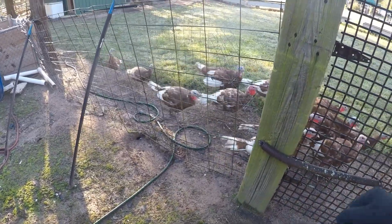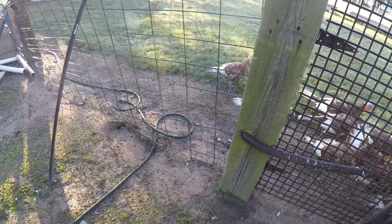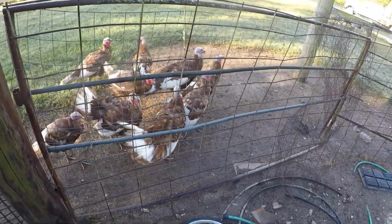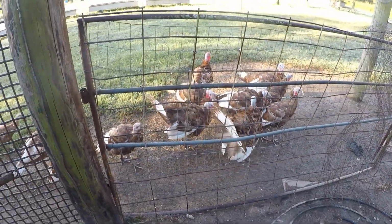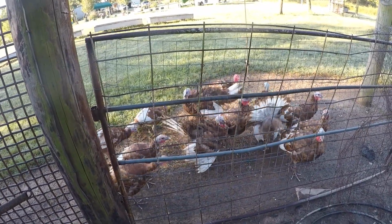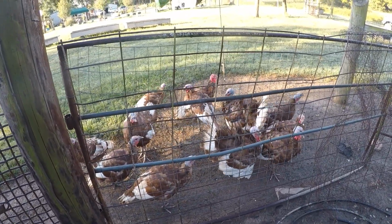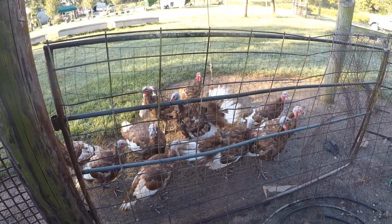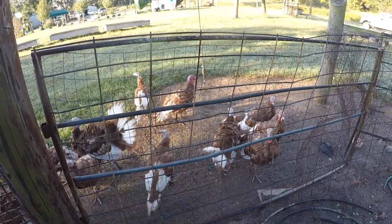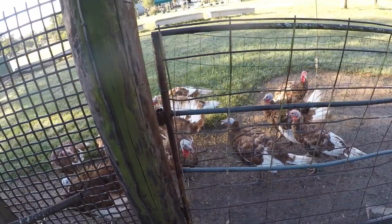we had 15 turkeys we bought originally. They only shipped us 14, and we've only lost one, and it's still alive. Actually, I've got it in a special little pen, but I feel like it's probably not going to make it. It got down in mud and stuff, and these others jumped on it and were really pestering it, so I locked it up to let it heal up, but it never has gotten quite right yet, so I'm kind of counting it as a loss. But that'll leave me 13, which is plenty of turkeys, but they have really